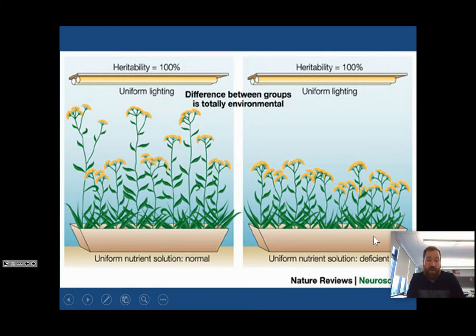Okay, so remember, when we're talking heritability, we're talking about the percentage that a difference in a trait within a population is related to the genetics and not the environment. Okay, so we can't say things like intelligence is blank heritable. That doesn't make any sense. It has to be within a population, the difference of the trait that we're looking at, right?